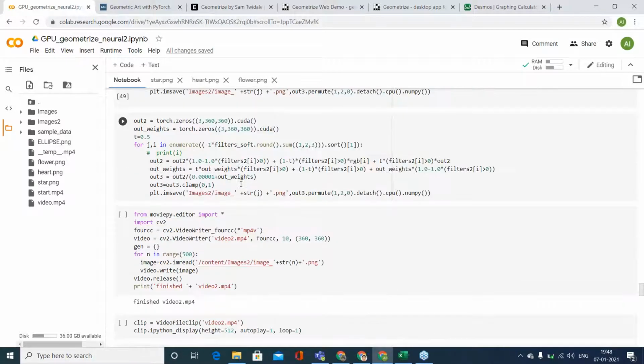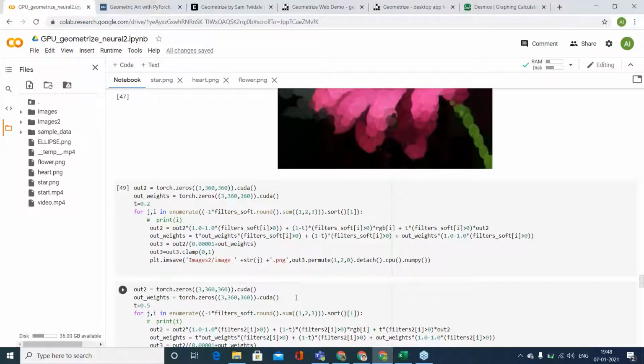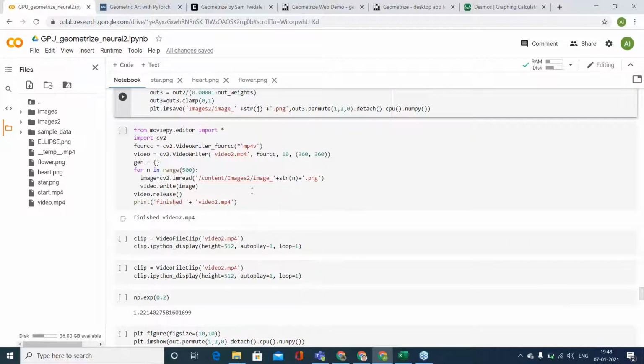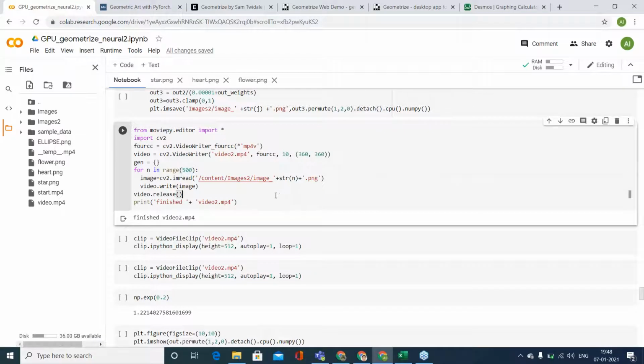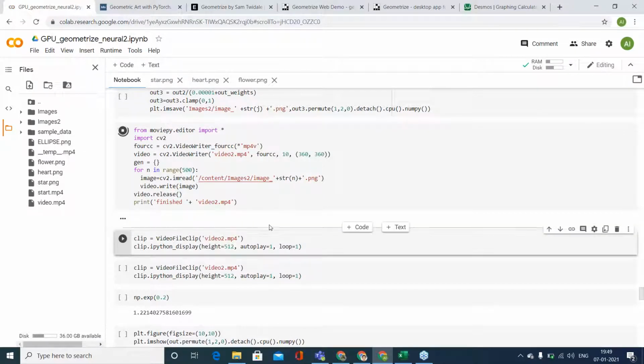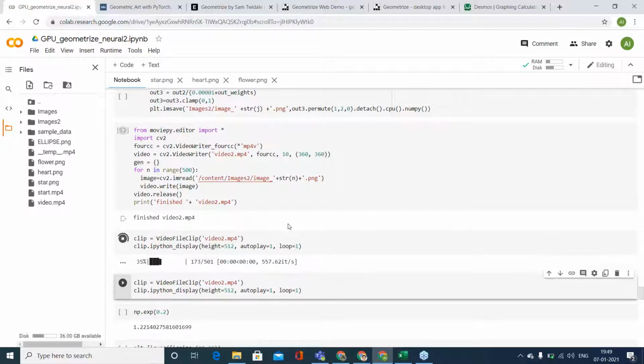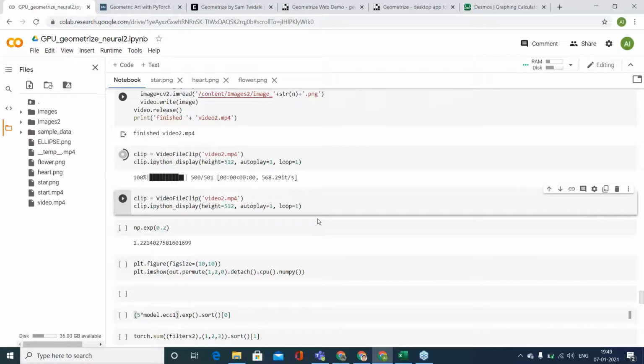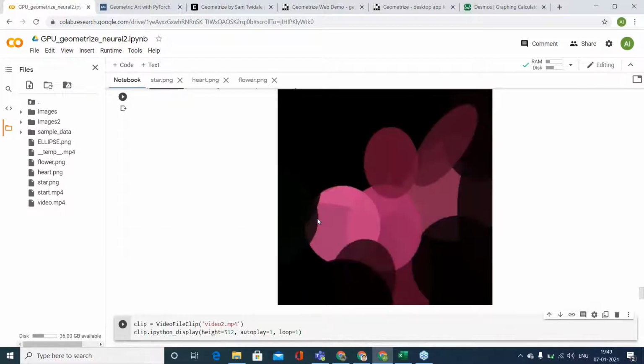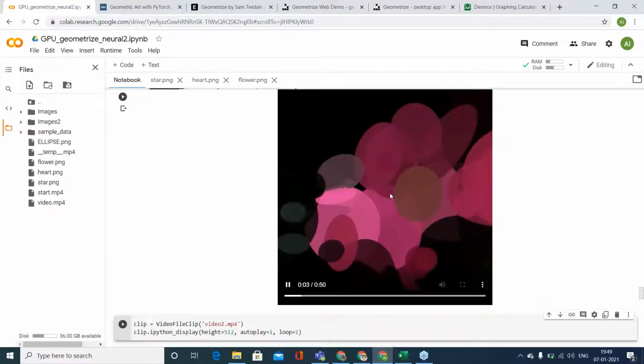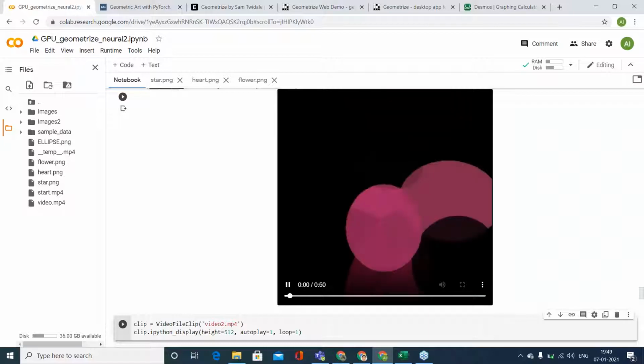So yeah, we have this ready. We had 500 shapes, right? You see, first bigger ellipses are coming, big ellipses.